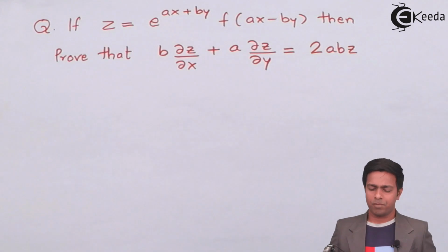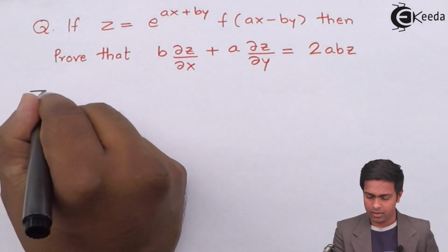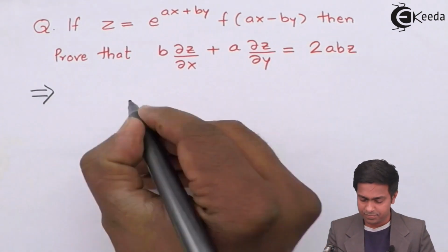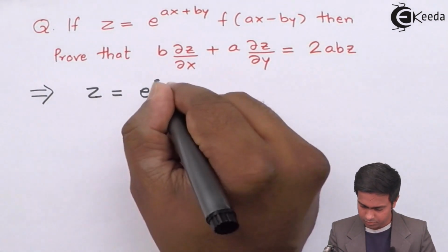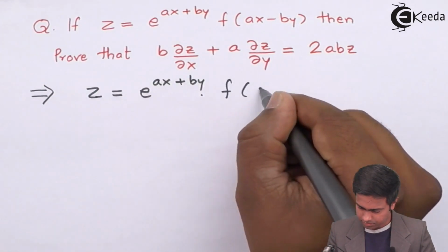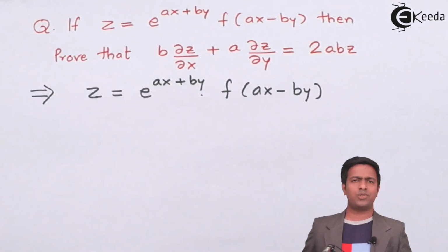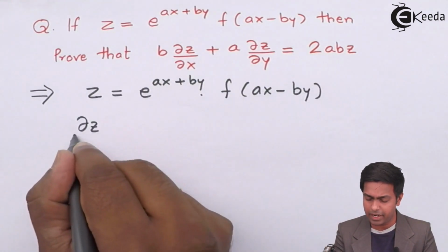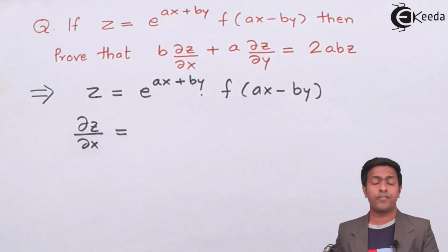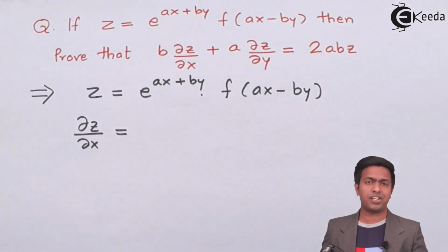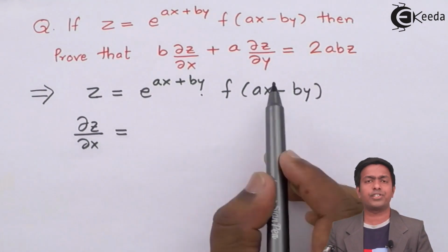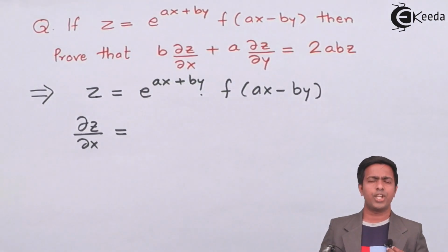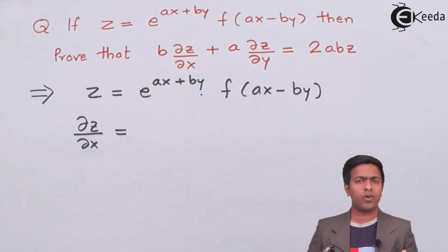So let's start. So here z is this, so I'll copy the function z. Now students, to find out dou z by dou x, that is del z by del x, we have to differentiate this z with respect to x partially. So here in both the functions we have x, so I'm going to use the rule of u into v, that is the product rule of derivative.